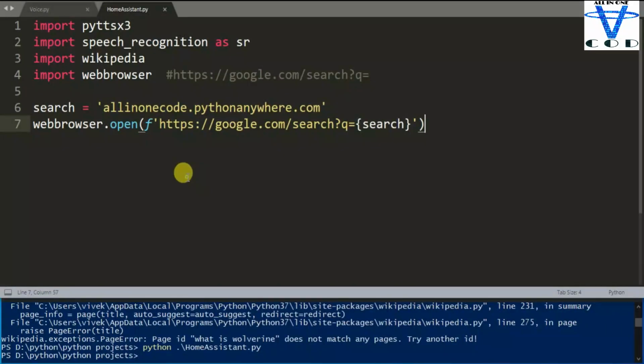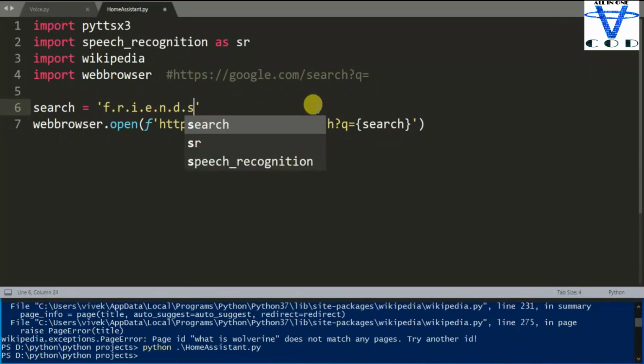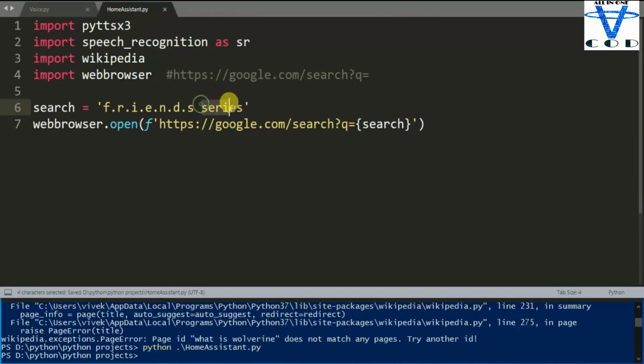Now let's change this search. Let's try to search Friends because I like the Friends series. Okay, I'm going to save this and let's find the Friends cast. I'm going to save this and simply run this code in my console.